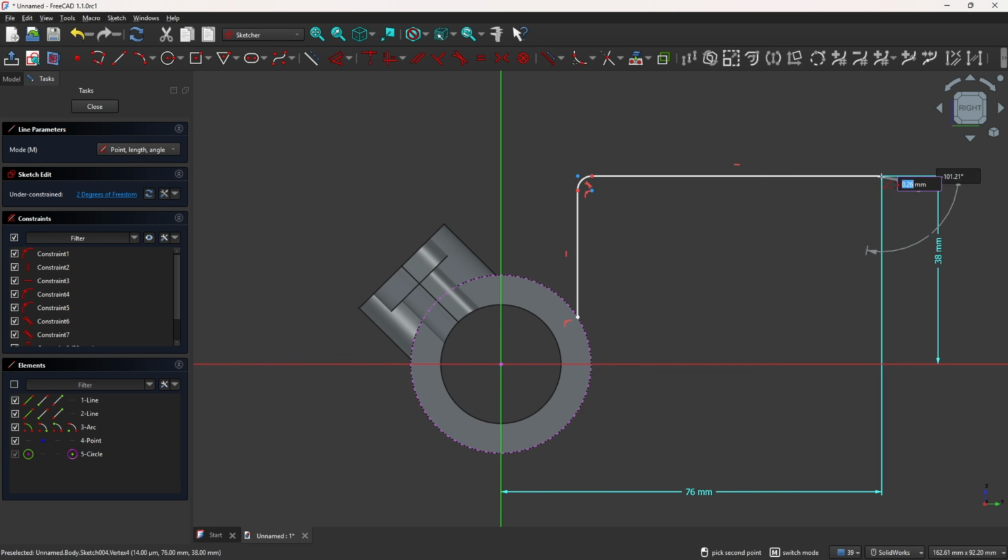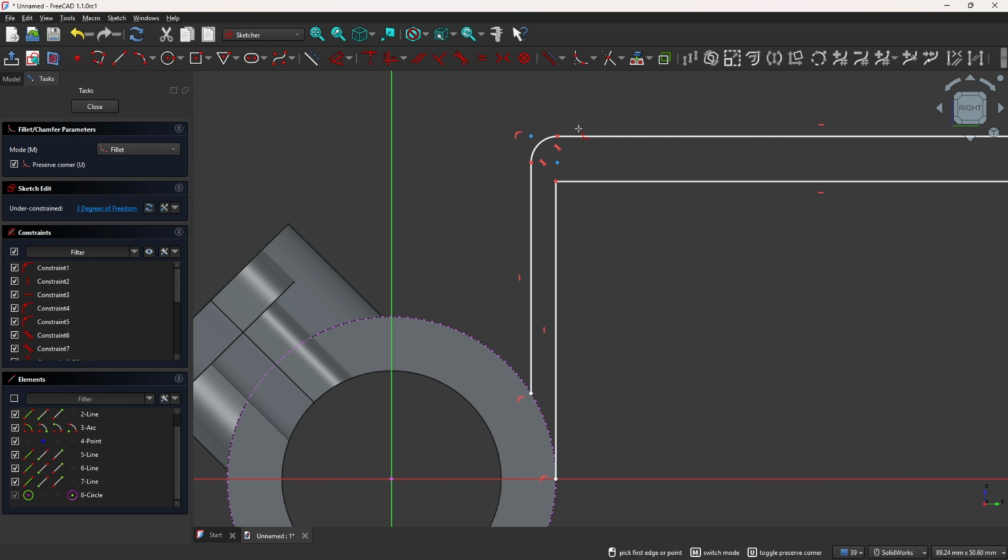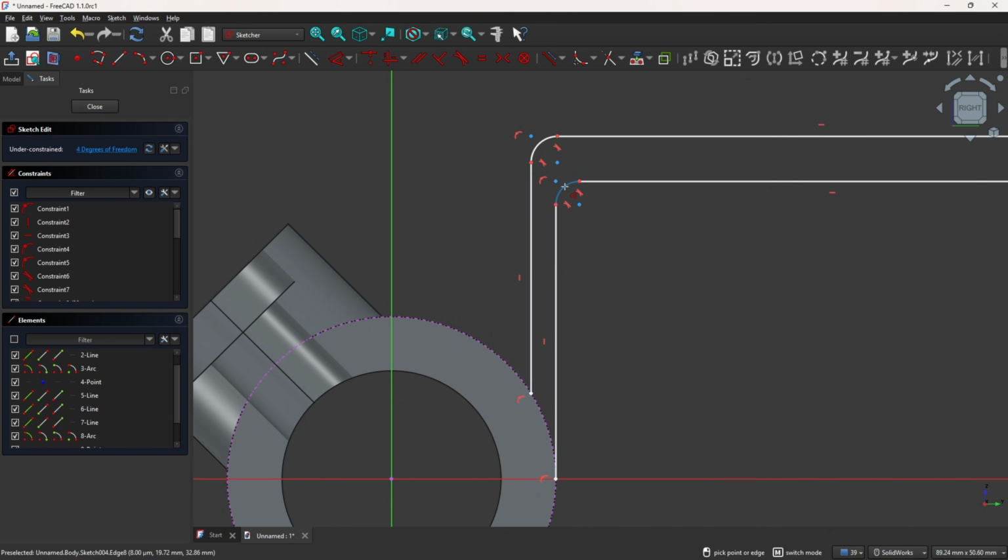So select line, click here, make a line here with 5 millimeters, and create another line here, and create a line here. Make this line a horizontal line, and make an arc here, go to fillet, select this line and this one, go to dimension, the radius here 9 millimeters,